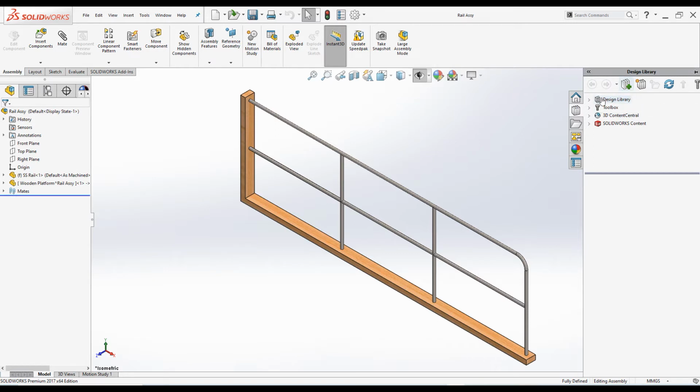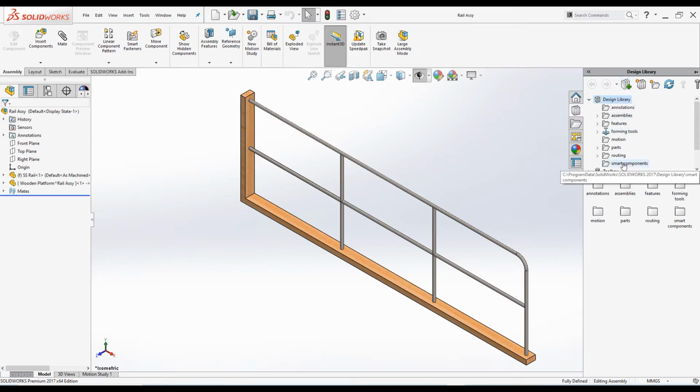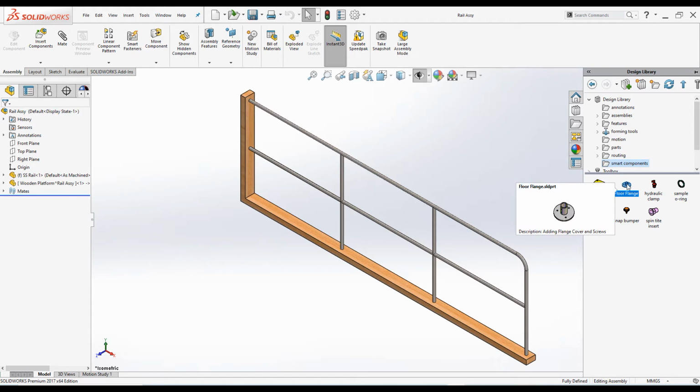Click on design library and expand the folder, and I have added the component into the smart component folder. You can see the thumbnails, and also when you hover your mouse over the part, you can see the name of the part and the description of the part. Select the part